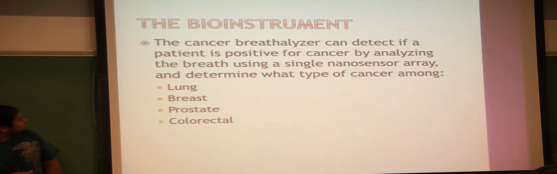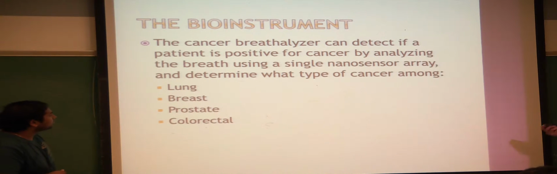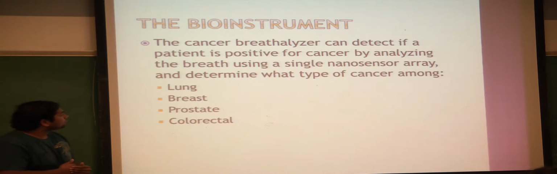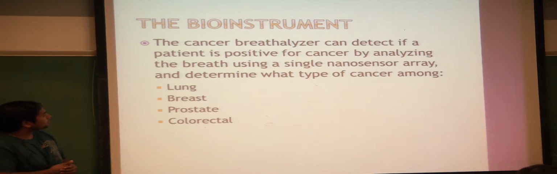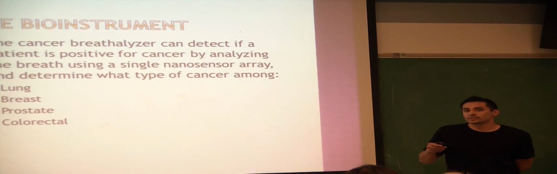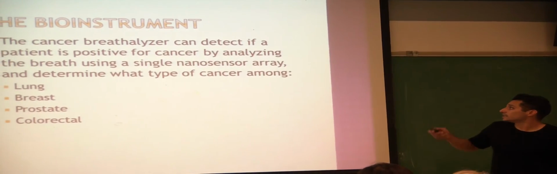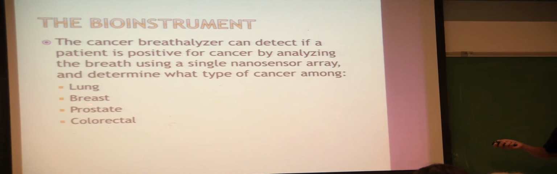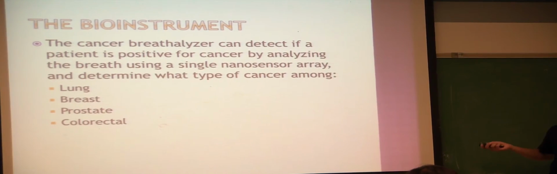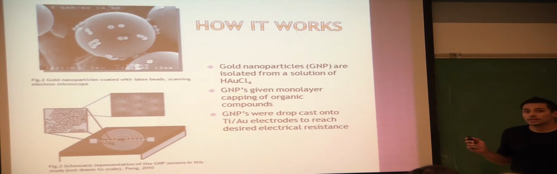Okay, so the bioinstrument, the breathalyzer, is a machine, a nanosensor that can detect low levels of compounds in your breath that your body produces when there's cancer present. And the types of cancers that it can detect are lung, breast, prostate, and colorectal. So how